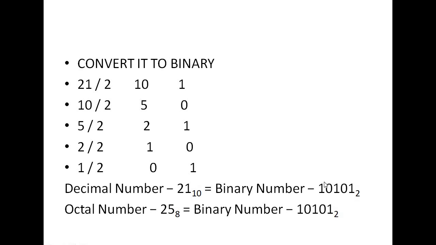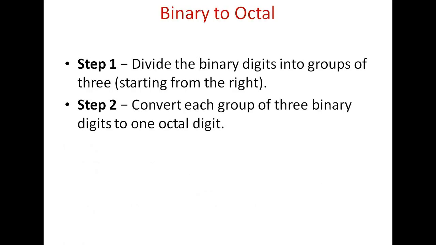Okay. Then I will discuss some shortcut methods for conversion of binary to octal number, octal to binary number, binary to hexadecimal number, hexadecimal to binary. First procedure is you can convert it to decimal number, then change it to the new base number. Binary to octal means binary to decimal, decimal to octal. Second step, there is a shortcut method.